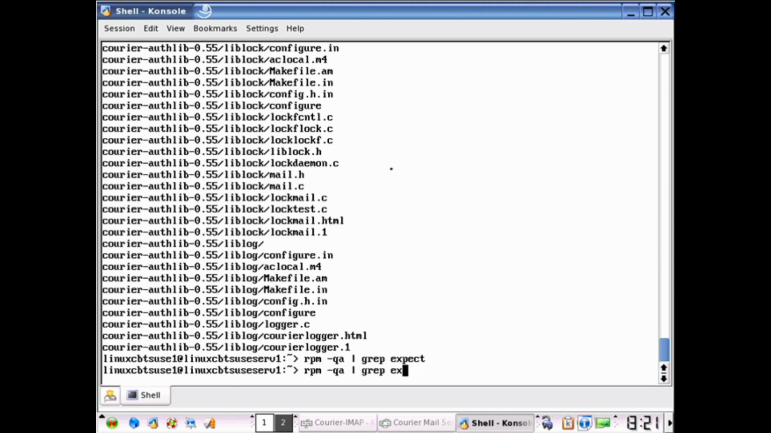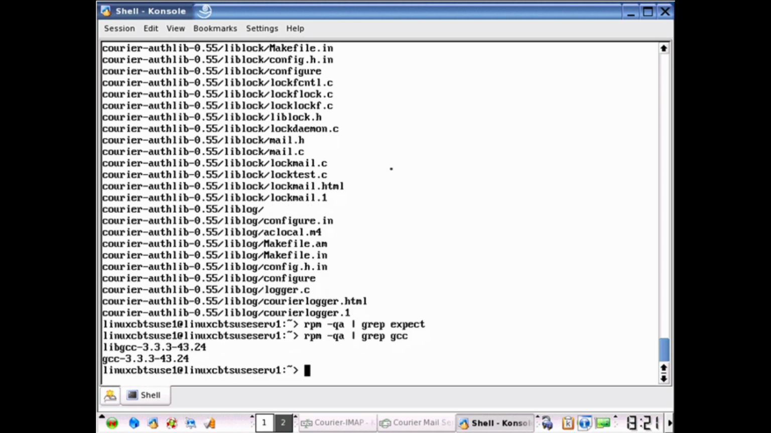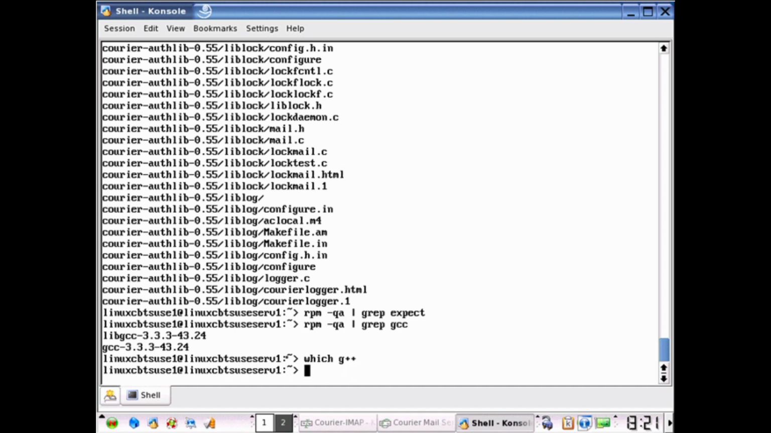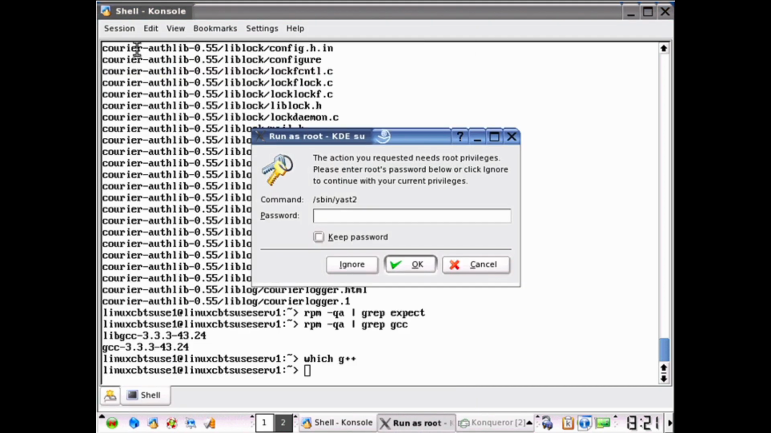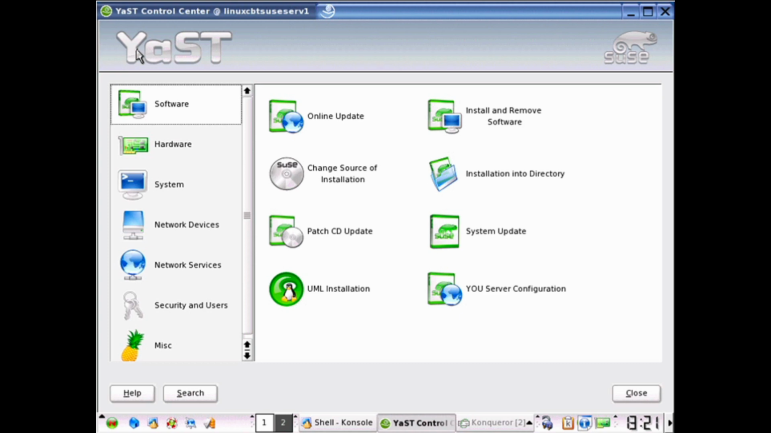Also grep for the C packages, and we have GCC installed but no g++. We can do a which g++, and you can see it's not in our system. So these two packages need to be installed. Let's launch YaST. Otherwise, during the configure process, Courier will complain that it's unable to find both the C++ compiler